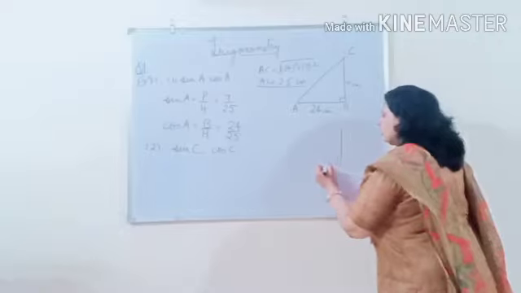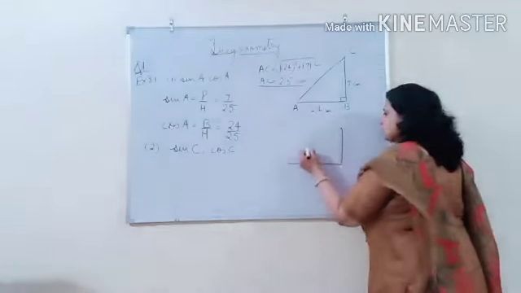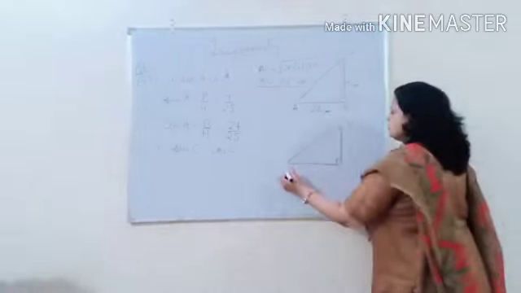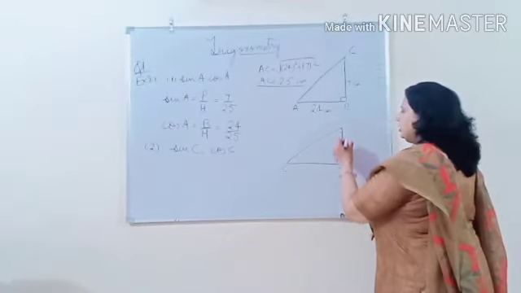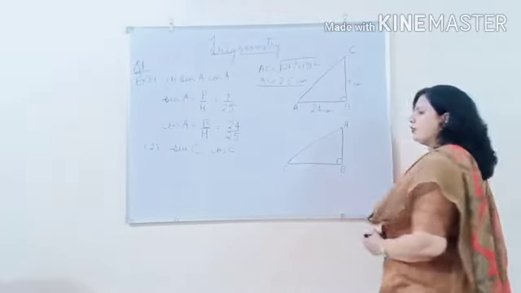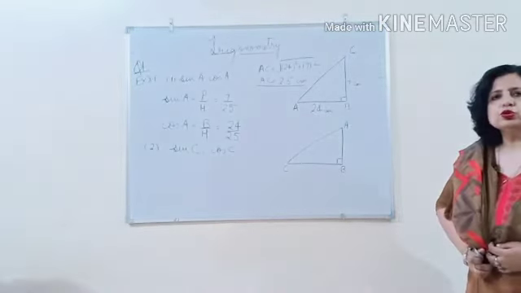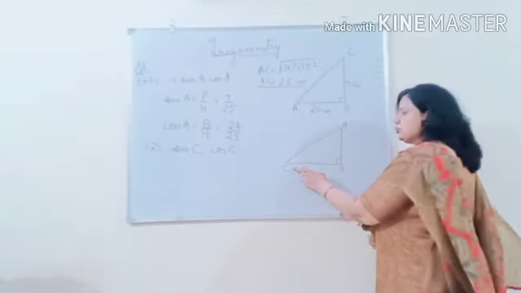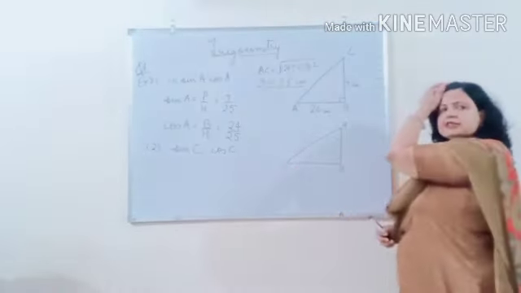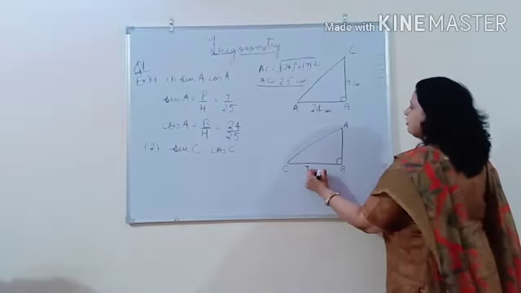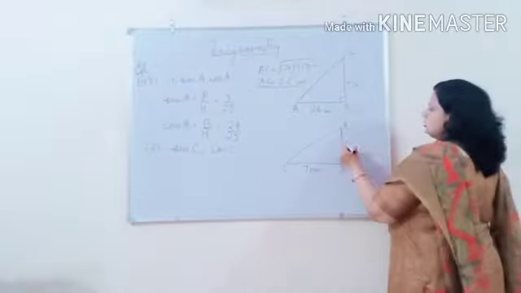I am drawing a different figure to explain this. This is your right angle triangle. This is C. It is right angled at B and A. The angle for which we are finding the trigonometric ratio should be between the base and the hypotenuse, so C is here between base and hypotenuse. BC is 7 cm, so base is 7, and altitude is 24 cm.